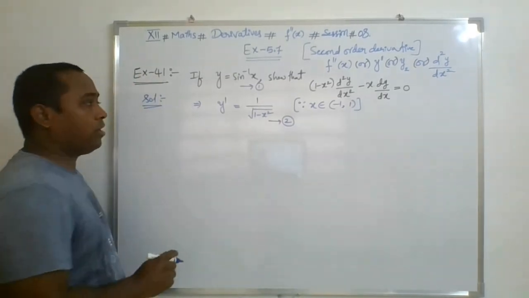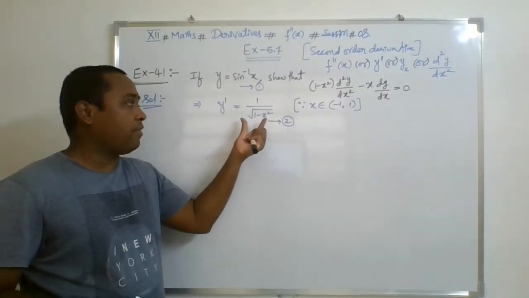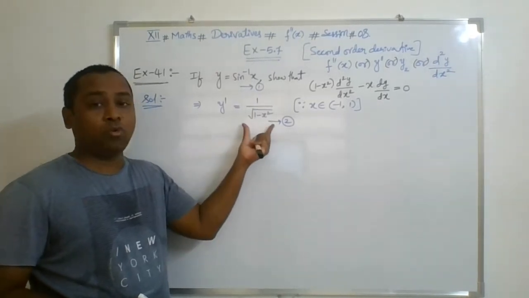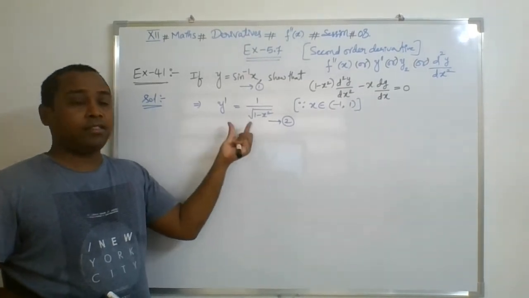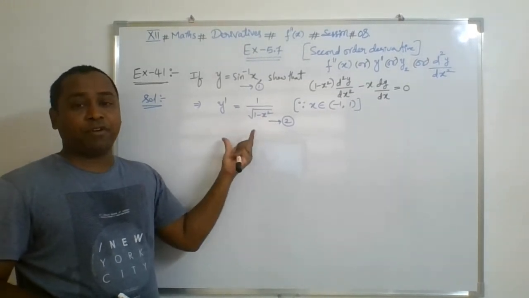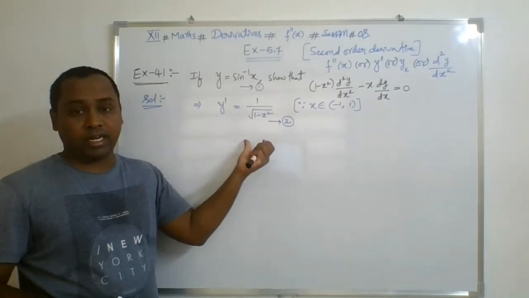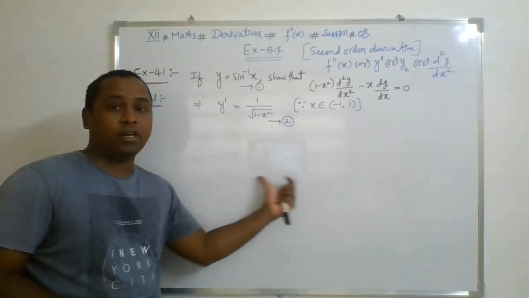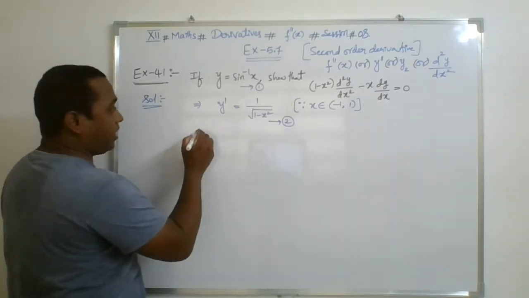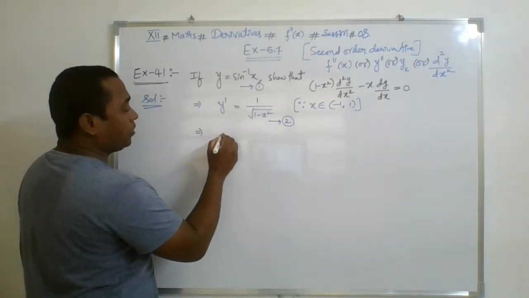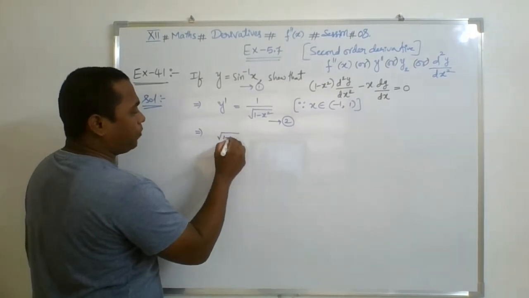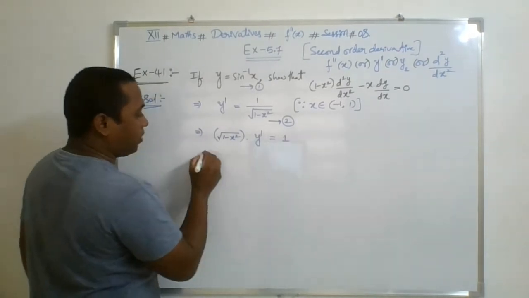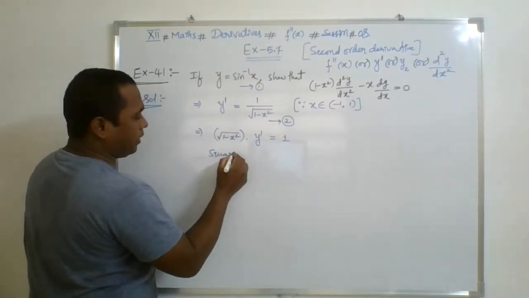Now what I'm doing smartly, first I will try to reduce this. Instead of the quotient rule, I will take this into the product rule, and since it has an under root term, I will prefer the squaring concept, squaring on both sides, so that in the next step it becomes the simplest one where I can go for the double derivative. So first, under root of 1 minus x square into y dash equal to 1. Now do the squaring on both the sides.